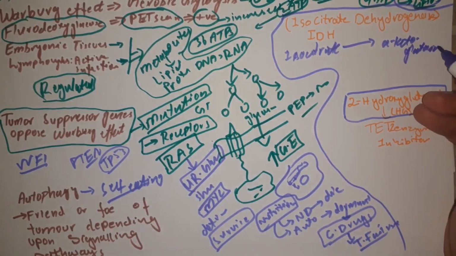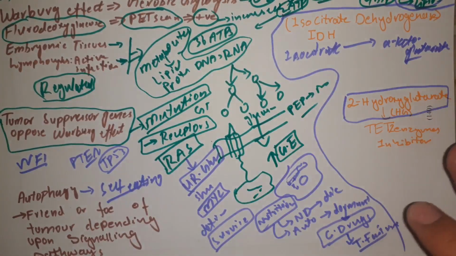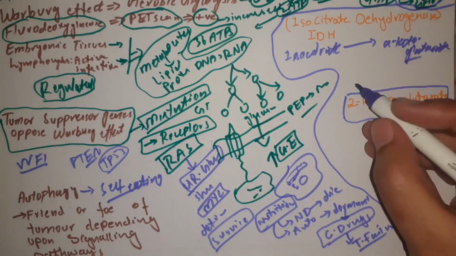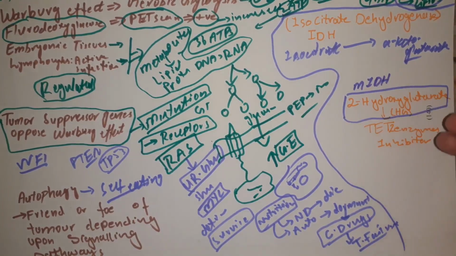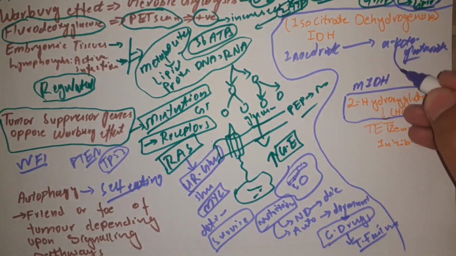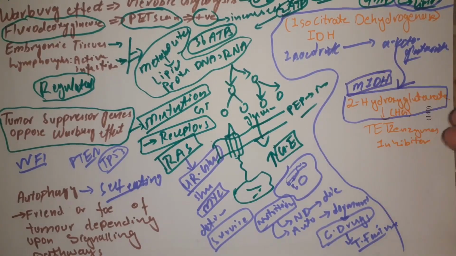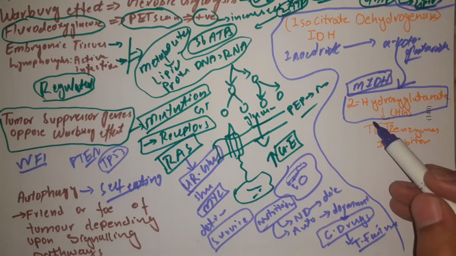So this is the enzyme involved in the normal Krebs cycle. However, in cancer cells, or in cells which are going to be neoplastic, there is a mutation in the isocitrate dehydrogenase enzyme, and when it gets mutated, the mutated enzyme converts alpha-ketoglutarate to 2-hydroxyglutarate, and this 2-hydroxyglutarate inhibits enzymes of the TET family,